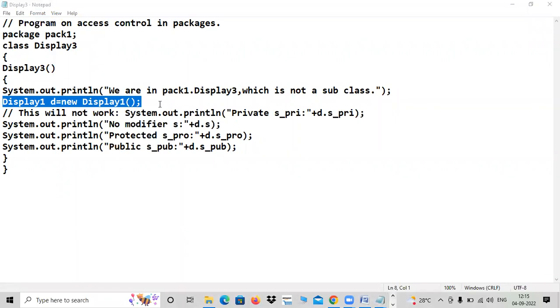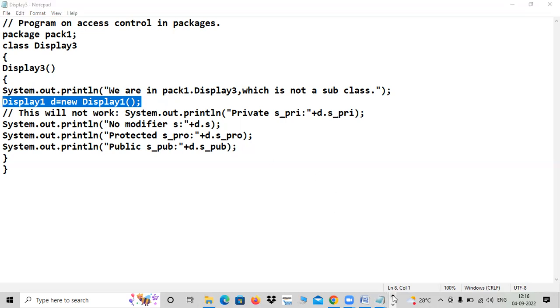Please ask me. Why have I created an object for display 1? I told you in the past also in C++, if a child is there, he doesn't require a promissory note to take money. But if an outsider is there, he will give a promissory note for lending money like that. So you cannot access them directly. Those variables other than private. Private anyway chance is not there. For protected, public and no specifier, you need to create an object. They are all instance variables, right? So you need to create an object, and with the help of the object only, you can invoke them.